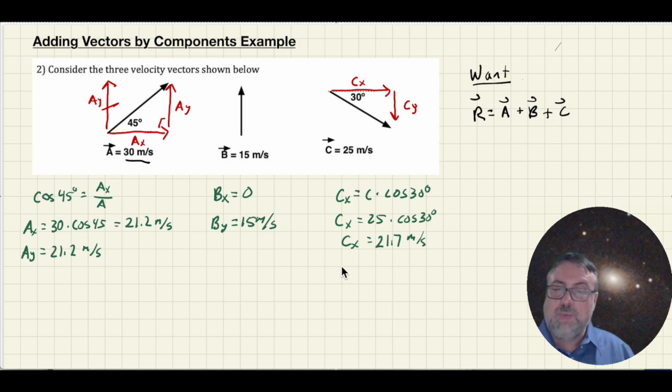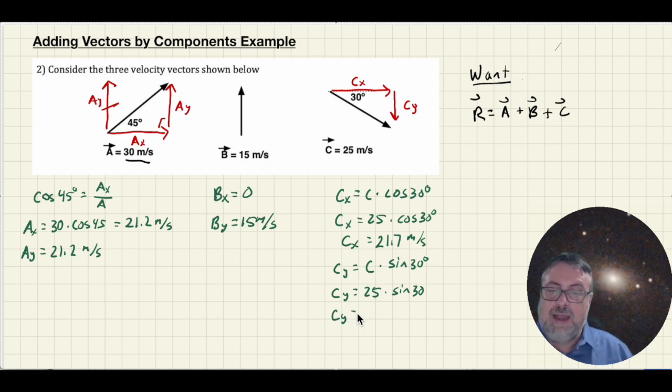So to find Cy, I note that's going to be the size of vector C times sine of 30 degrees. Or that Cy will be equal to 25 times sine of 30. Well, sine of 30 is just a half, so a half of 25 means that Cy is equal to 12.5